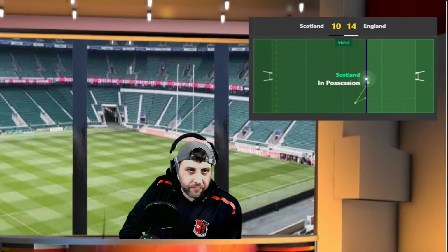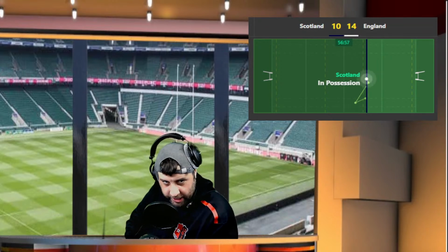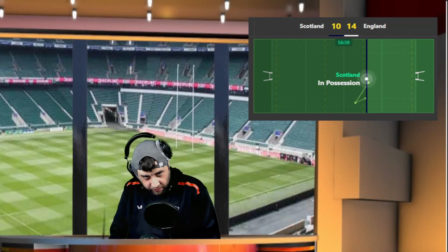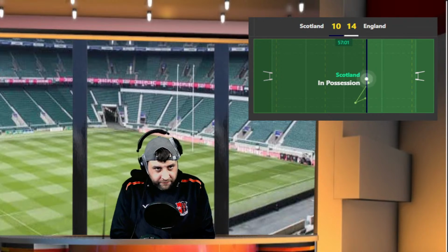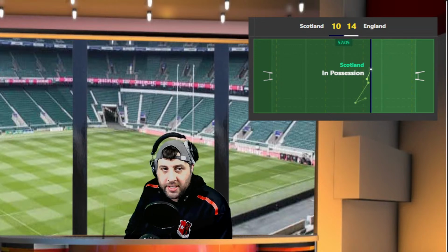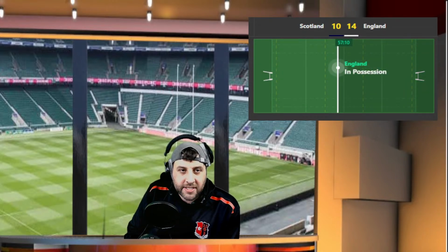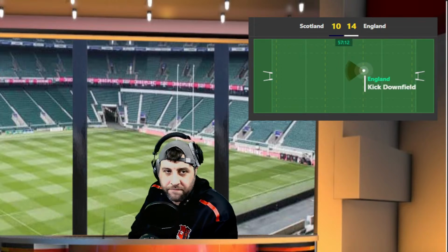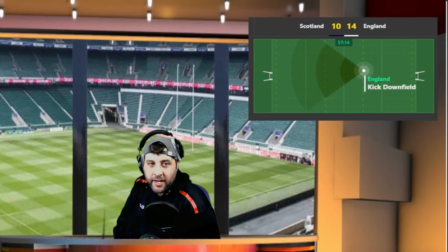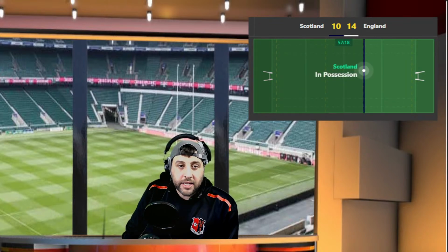McAnally, Skurman. Ludlam trying, slipping over as he goes to go for that and manages to get out of the way before he's infringed. Sam Johnson with a pretty decent take considering. 10 phases now put together. Most phases Scotland have put together, and they are being asked to work hard as England get the turnover, and